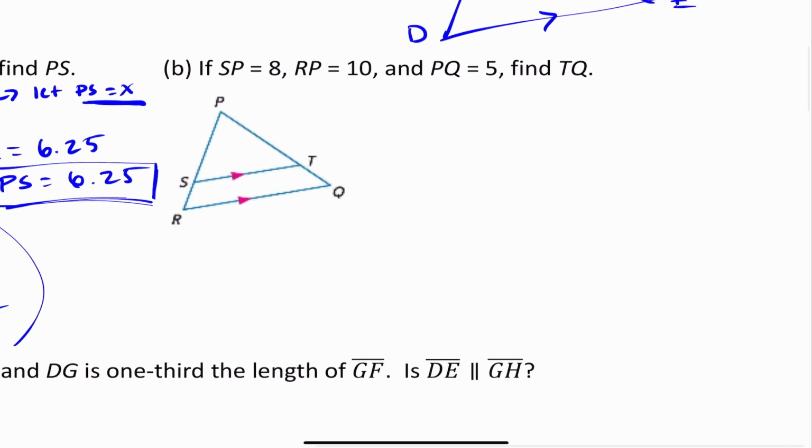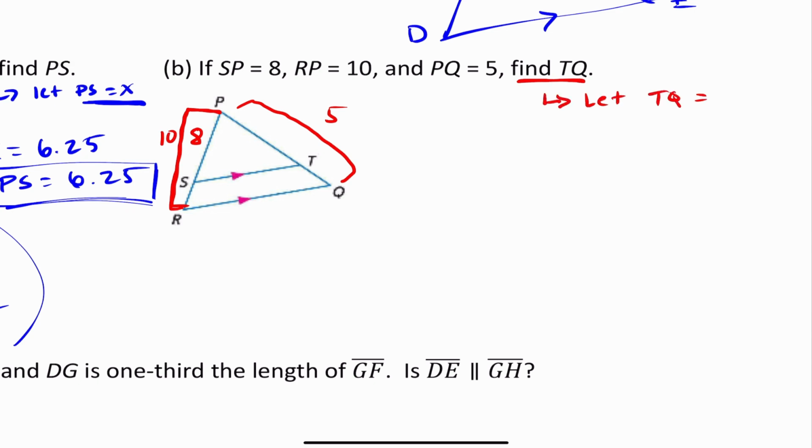Okay, so let's take a look at B. B says that if SP is 8 and RP, ooh, look at that. So here's R, and this is P. So this whole thing here, y'all, that is 10. RP is 10. And then PQ, this whole thing here is 5. We're going to find TQ. So again, we're going to say, let TQ equal X. Let TQ be X. Yeah? Okay, so let's